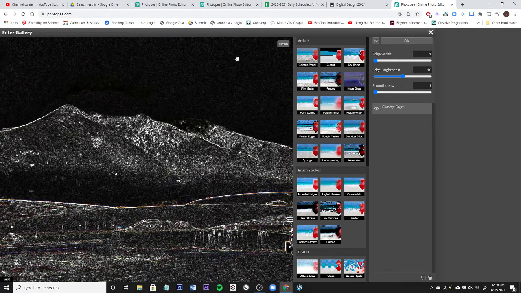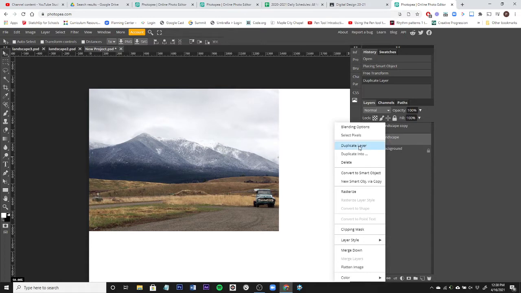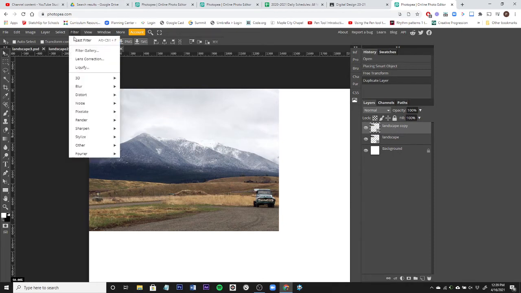So the first thing I want to do is, before I do this, I'm going to go ahead and get out of this. Before you edit the image, you should make a copy. So I'm going to duplicate this. That could be Control J or right click and duplicate layer. So one of these we're going to leave the original, and then the other one we're going to modify using a filter. So I'm going to leave the original the way that it is and then apply a filter to the copy. So I'm going to go up to filters, go back to that gallery,